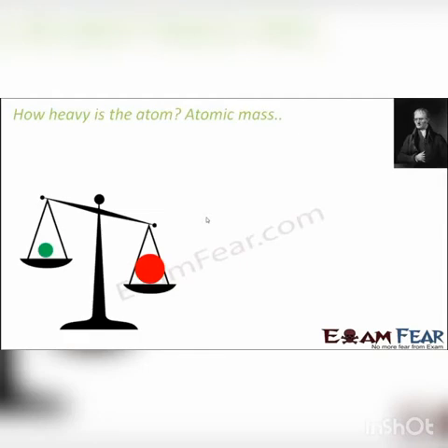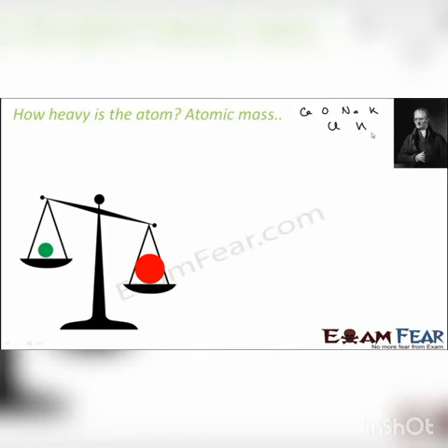So now we know the atom's size, that atoms are very small in size. We know that the physical property of any matter is determined by the atom. Any matter, you see, has atoms in it. We know all these things about atoms. We also know how to represent atoms. For example, calcium is Ca, oxygen is O, sodium is Na, potassium is K, chlorine is Cl, hydrogen is H. We know all these things.